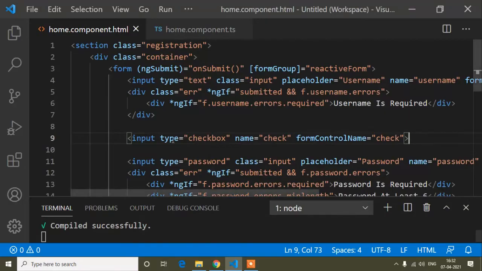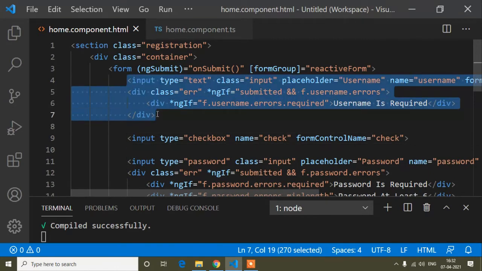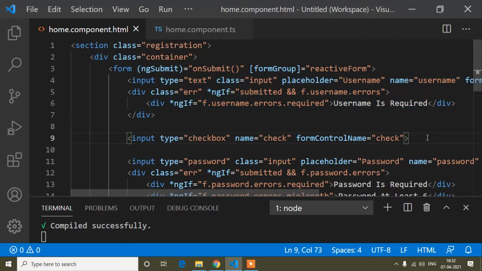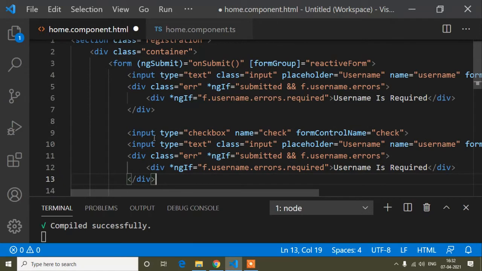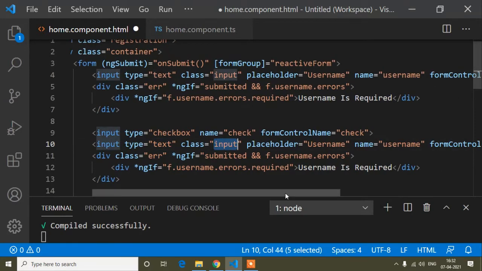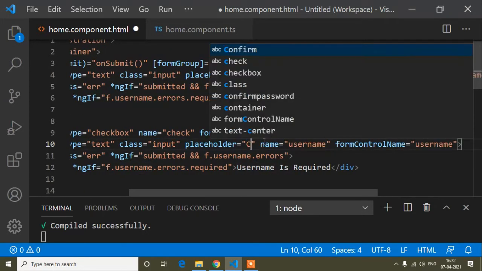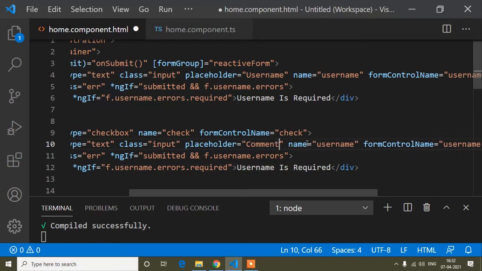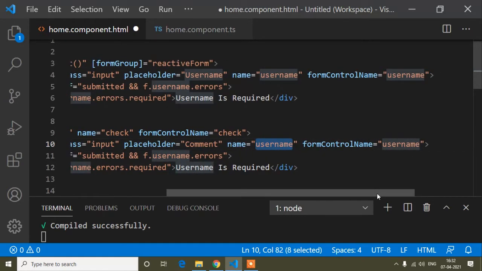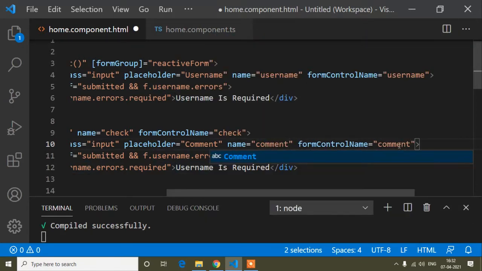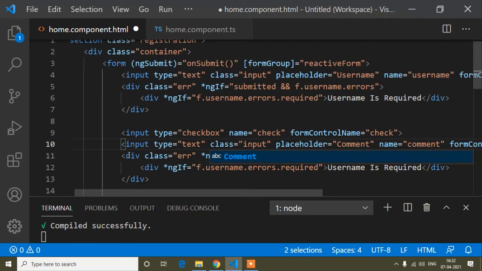And now here I will create a field. I will not type manually, I will just copy this username field and paste here. So this is input type text, class is input, placeholder I will write comment, and this name and formControlName I will write comment, okay. And here is the error message.